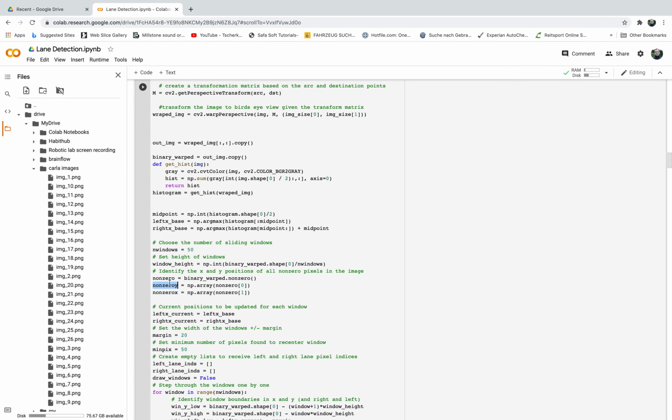We are taking the XY position of these non-zero pixels, and we start from the first position of the left curve and the first position of the right curve. Then 20 here represents the width of the window. I'll show you later, the width of one of the windows, actually all the windows. And here we have the minimum pixels, which means how many pixels as a minimum should be included within that window in order to perform an action, which is basically shifting